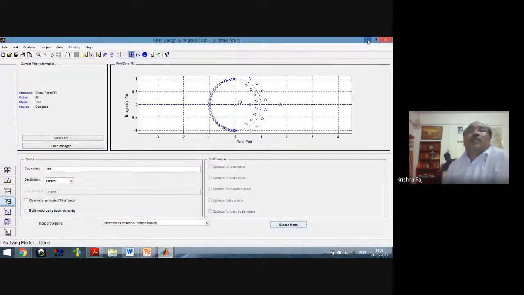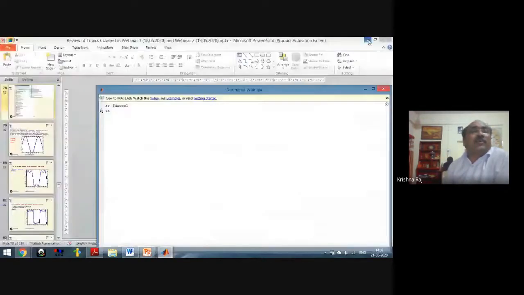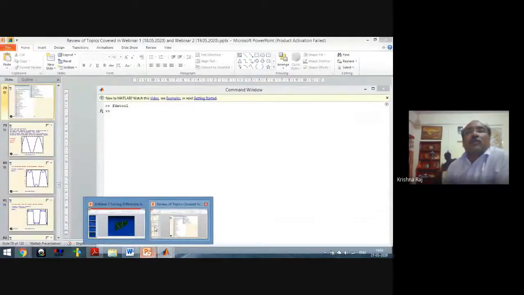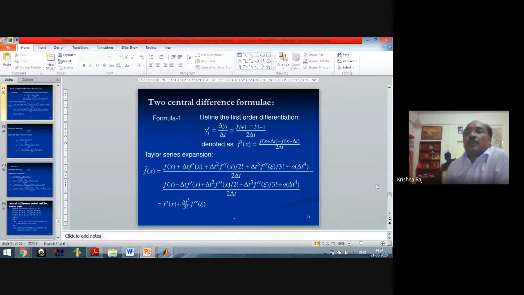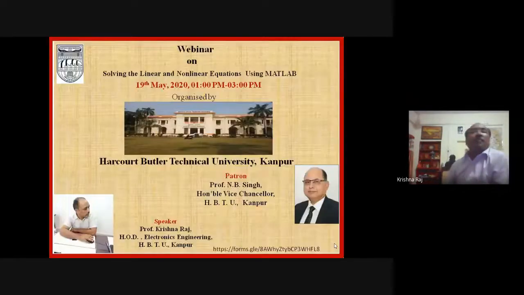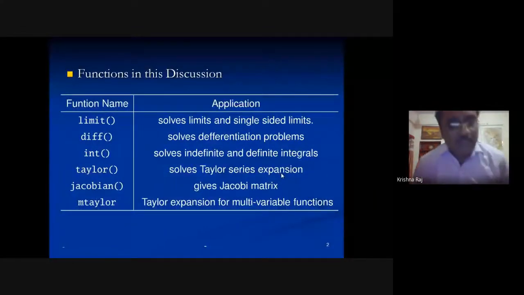And now we are coming to today's topic. Today we have to cover the differential equation. We have gone through some differential equations, but today we will describe some more concepts of differential equations. Now I think you are very clear why we are using different types of mathematical equations, from very simple to very complex. Today we will discuss some functions and commands for differential equations.